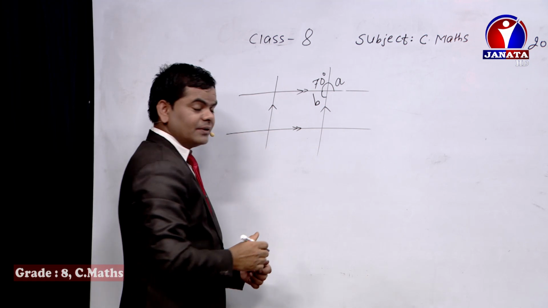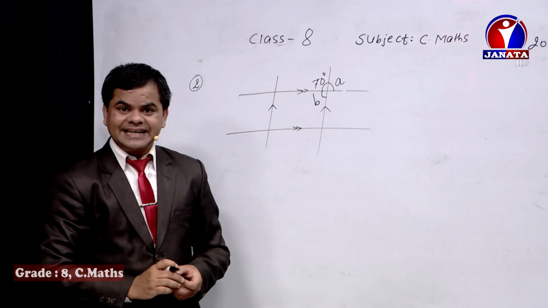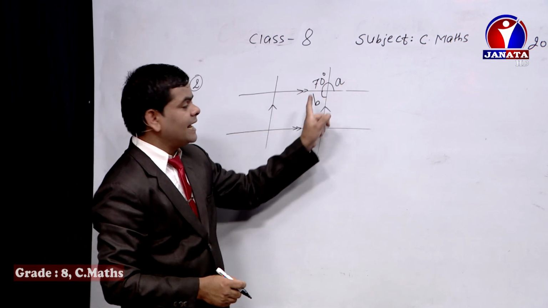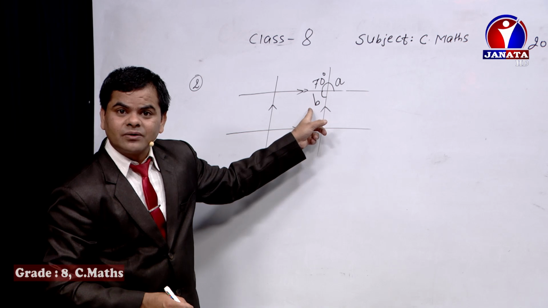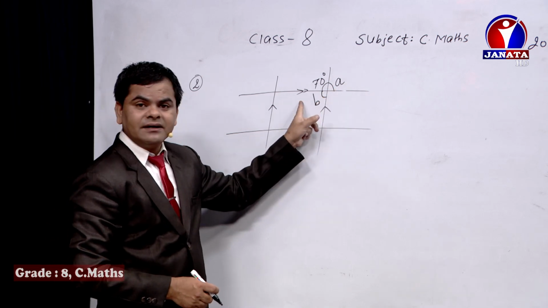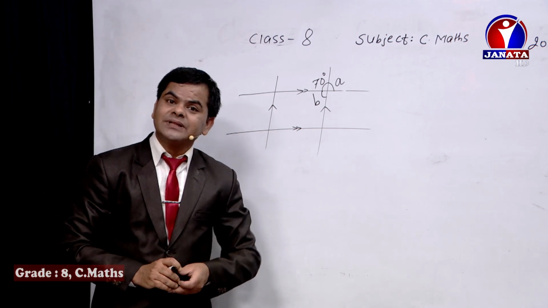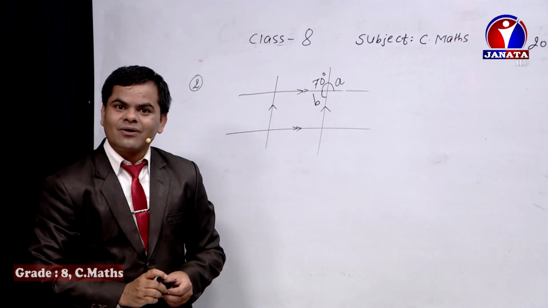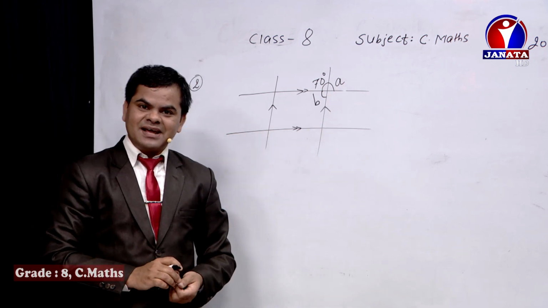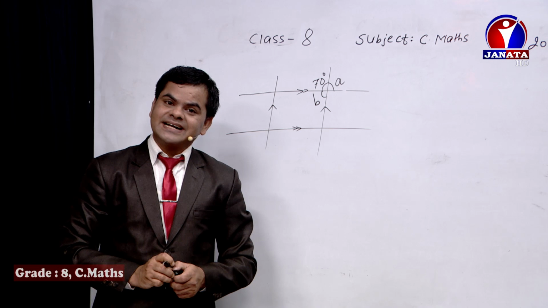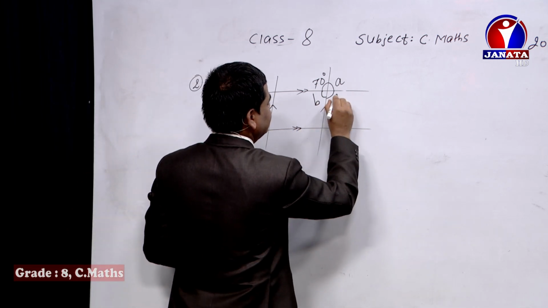Now as we have already got the value of A as 110°, you can compare A and B, because they are vertically opposite angles to each other. A and B's relation remains as vertically opposite angles, and we know that vertically opposite angles are always equal to each other. As we got the value of A as 110°, B's value also becomes 110°. Now dear student, let's keep here C.